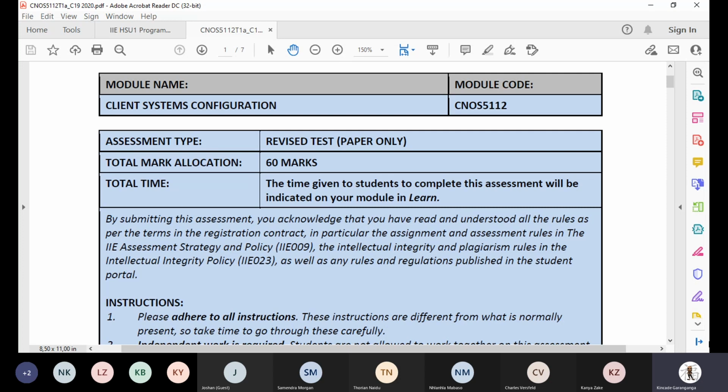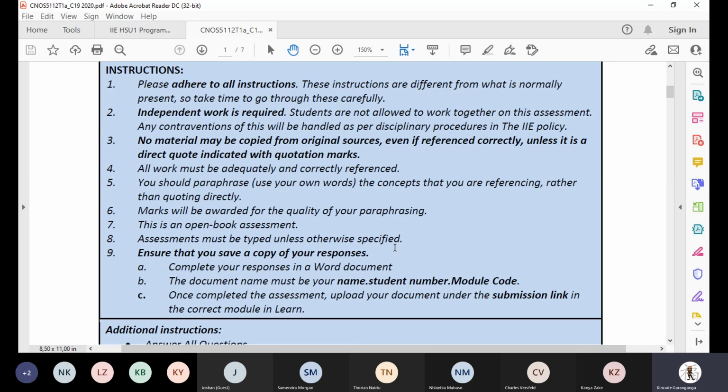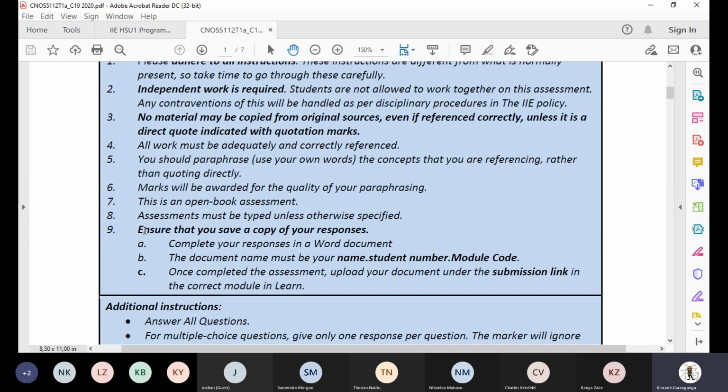So like we were mentioning earlier on, just make sure that you reference accordingly. You'll have instructions populated on the first 2 pages of the actual paper itself that will give you a heads up in terms of what you'll need to take into consideration. So for instance, if you look at what I was mentioning a couple of seconds ago, especially if you look at